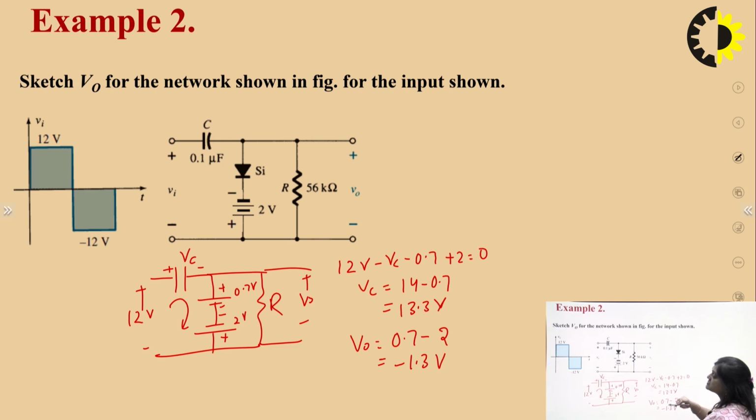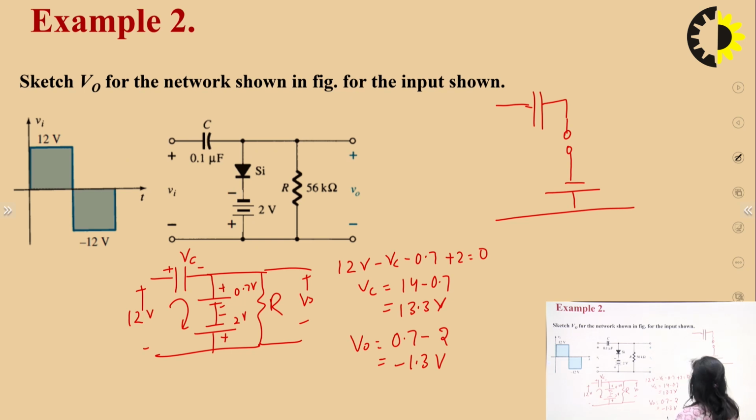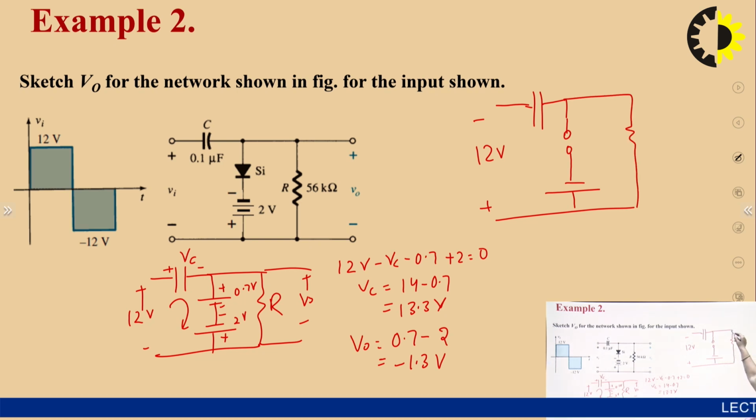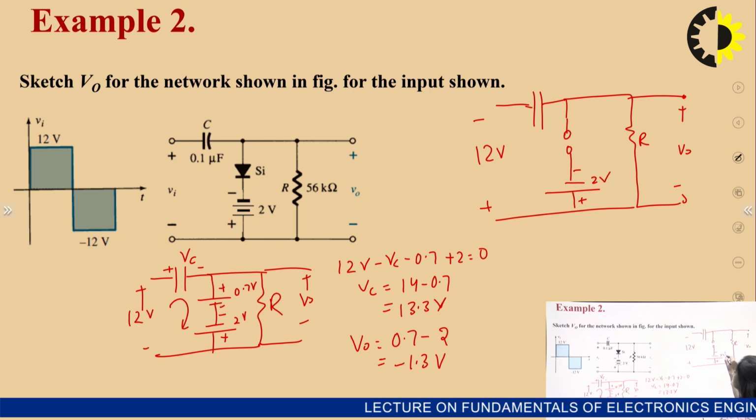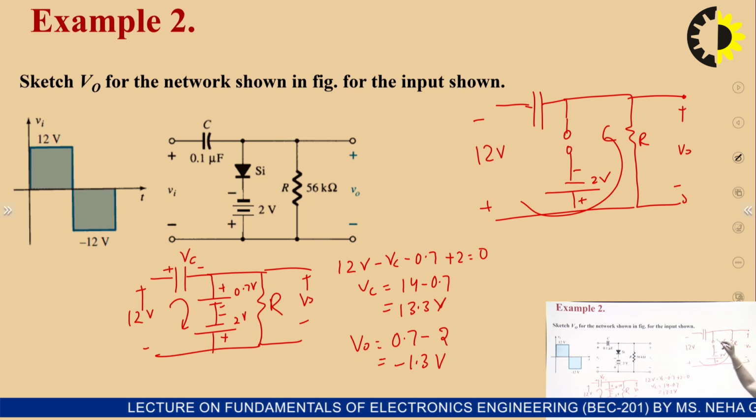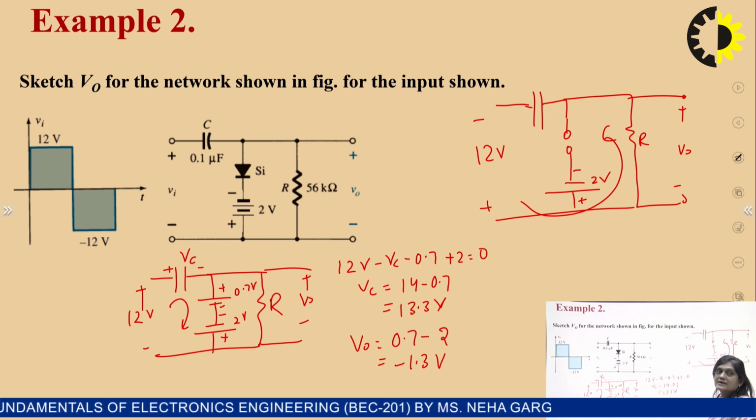Now when the diode is in reverse bias, it will be reverse bias in the negative half cycle. So in the negative half cycle, this diode will be an open circuit. So this will be the negative half cycle, it will be 12 volt minus plus, and this is the resistance, and this will be the output plus minus. This is minus plus 2 volt. So here now the current will be flowing in this way. This is the open circuit path, so no current will be flowing here, and also the capacitor will retain the same polarity. So it will be plus, it will be minus.